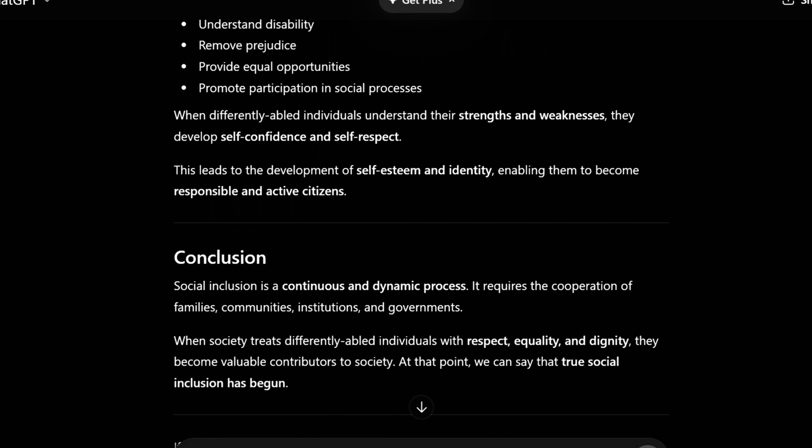Conclusion. Social inclusion is a continuous and dynamic process. It requires the cooperation of families, communities, institutions, and governments. When society treats differently abled individuals with respect, equality, and dignity, they become valuable contributors to society. At that point, we can say that true